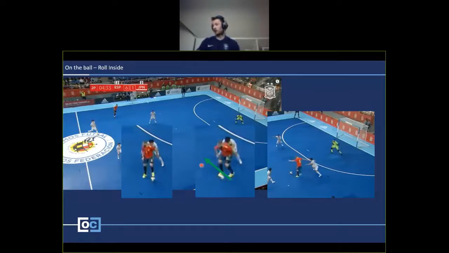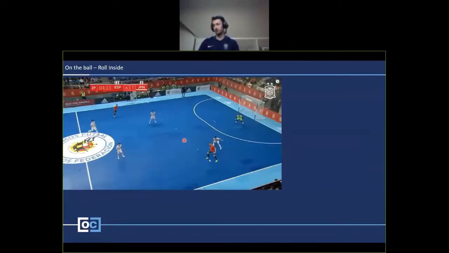So he knows that there's an element of risk there. If he rolls that too strong, he's losing the ball. If he rolls it too weak, he has to take an extra touch, and he loses that advantage that he's created for himself. So some of the things he needs to be thinking about are: is there enough space in the centre here? Quite clearly there is.